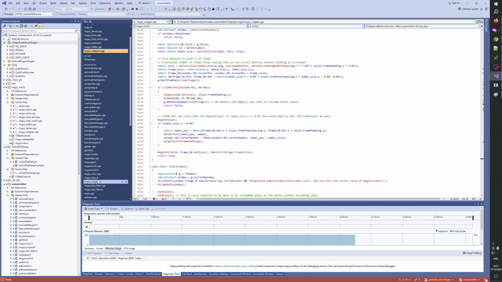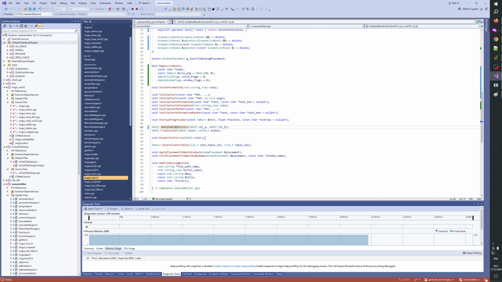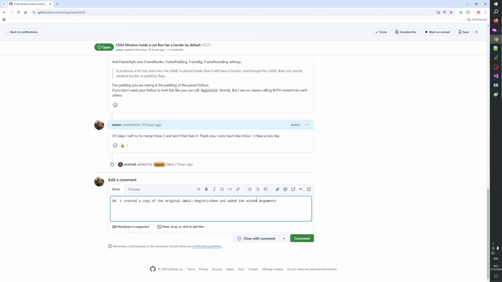What did we do? Imgui misc. Edit arguments. And edit the window flags arguments to then pass the